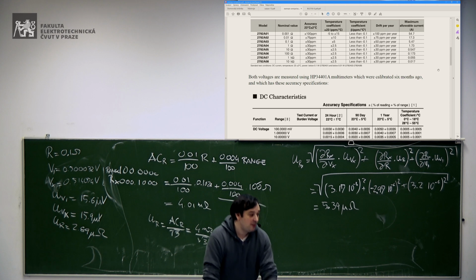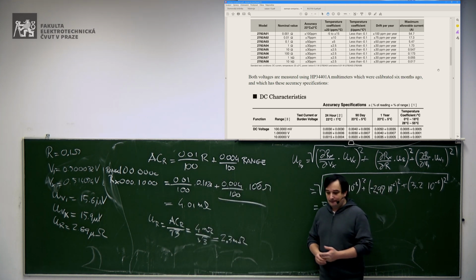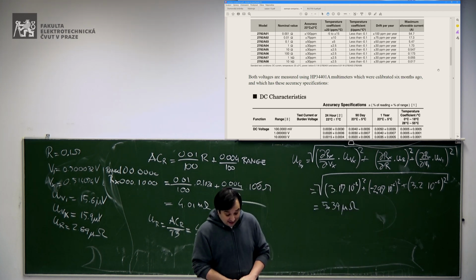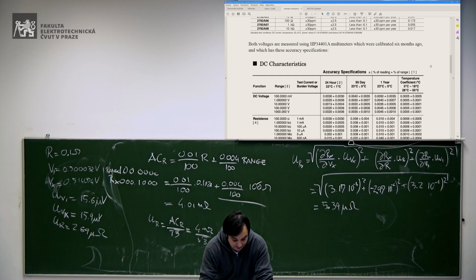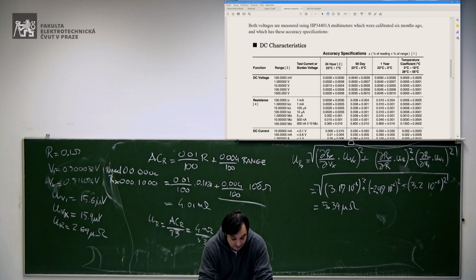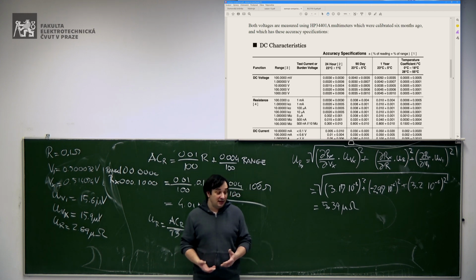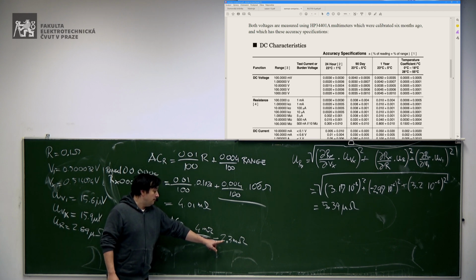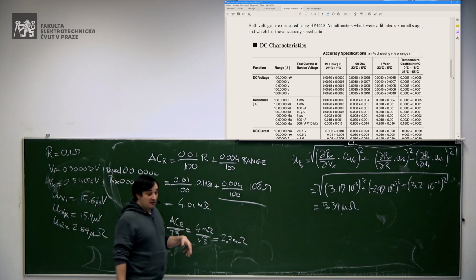So this example was just to show you that, yes, you might have this instrument in your laboratory. You see that it measures the resistance that you want to measure. But if you connect simply the ohmmeter, it will give you some uncertainty, which is not negligible. Here you have 2 milliohms over 100 milliohms, so it's about 2%, the uncertainty.